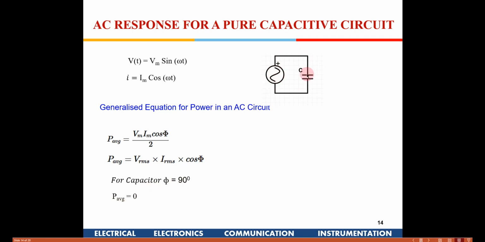It is only that the charges will be stored in the capacitor, and when it goes into the negative cycle, the charges come back to the source. When it comes to 0 and then goes negative, the charge gets stored again in the negative direction. As long as there is no resistive element here, there will be no loss of power. Only energy will be transferred from the source to the capacitor and back to the source.